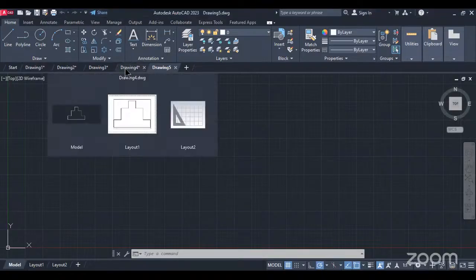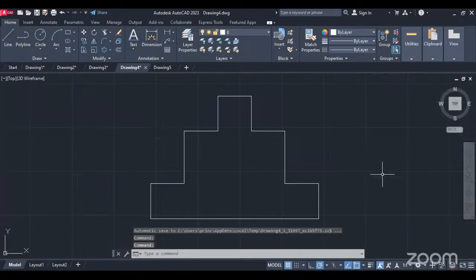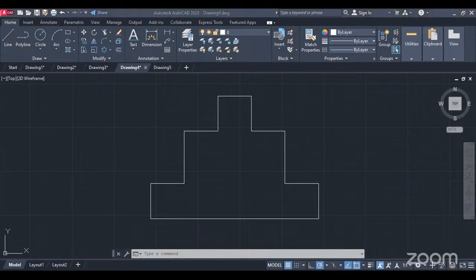In our first training, this was what we did. I introduced you guys to the AutoCAD interface and some beginner principles of AutoCAD. I also need to confirm if you guys can see my screen and if you can